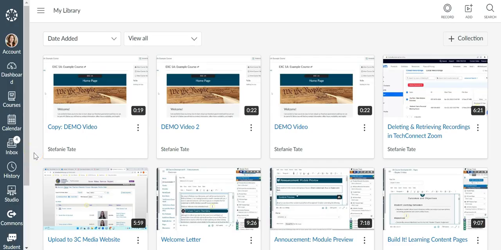I'm going to be working in Canvas now. If you'd like to add captions to your own uploaded or recorded videos alongside the demonstration, feel free to open your browser to Canvas and click Studio in the far left navigation menu. You can pause this video as needed and follow along. So let's get started building.